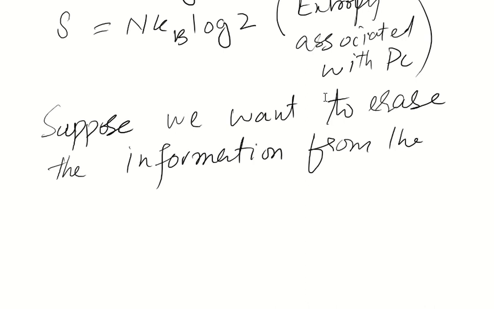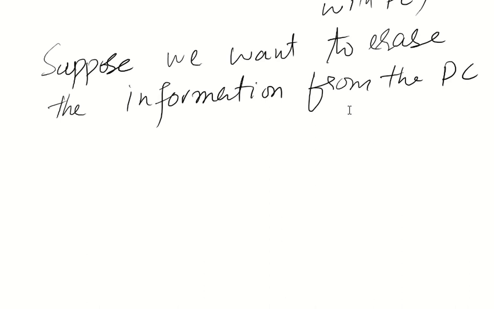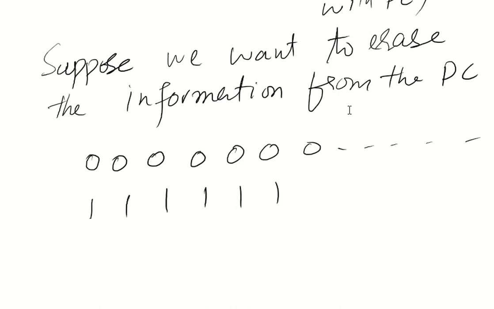So how do we erase information? You know that we can set all the bits to 0. By some method, with the sequence of bits, all of the bits equal to 0, then the information is lost. That means we have erased the information. Or we can set all the bits to 1, because information is a special sequence of bits, and if all the bits are 0 or all the bits are 1, then there is no information anymore. So after erasure,